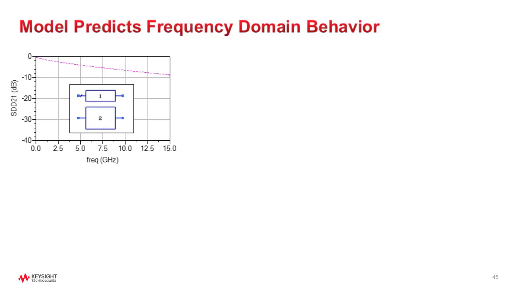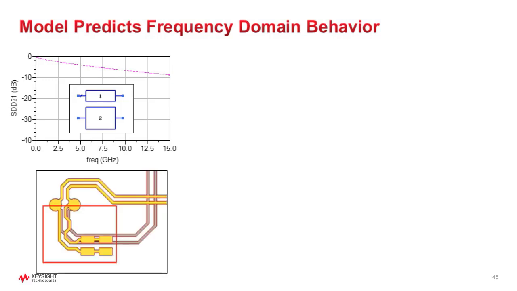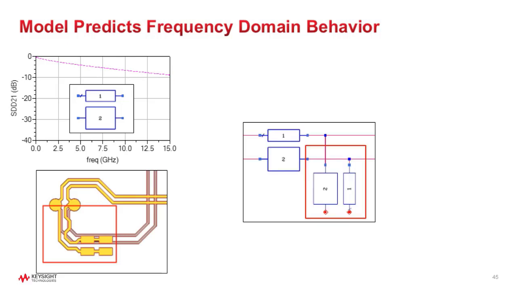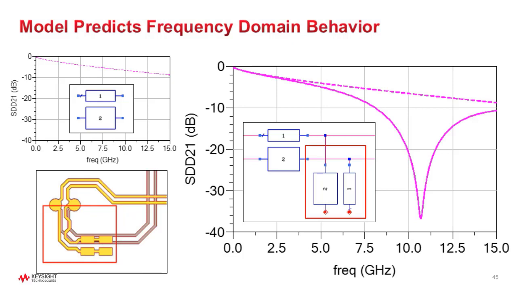Without anything, without the stubs hanging out, we have a straight line. If we include this pad that's hanging out, which is shown here, bam, right there. Around 10 gigahertz, we see that dip. This is a very good test and very warm feeling that tells me, well, I know that this 10 gigahertz resonance here is created by this trace that